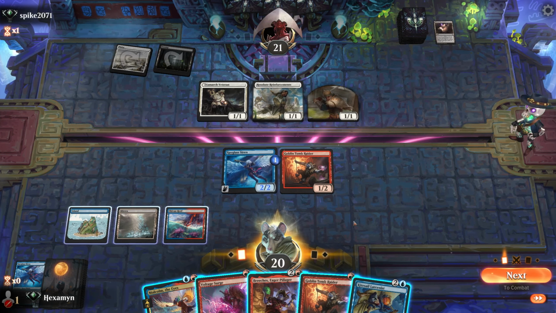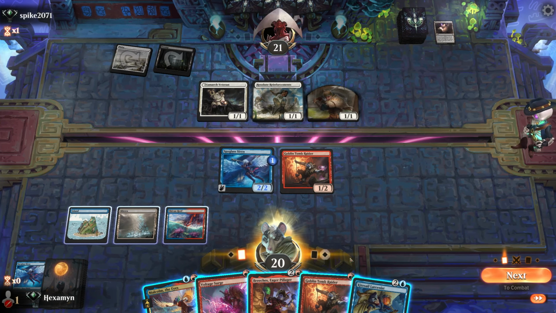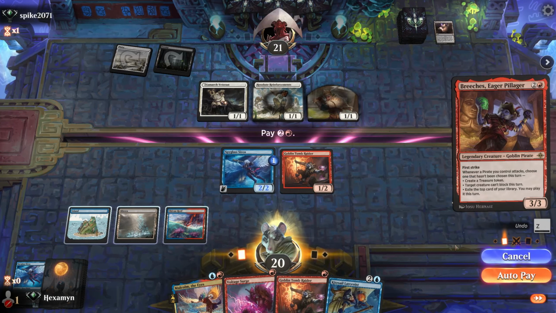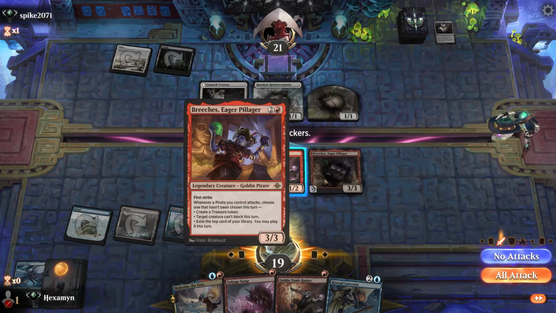Shivan Reef is a fantastic find for us though. But yeah, we can't necessarily double spell. I'm probably going to remove this Mirrex after this particular game. I was nervous about this card. I just thought that maybe it was a good mana sink. Good way to make an artifact in a pinch, but we'll go for Breeches here, and I guess we can...